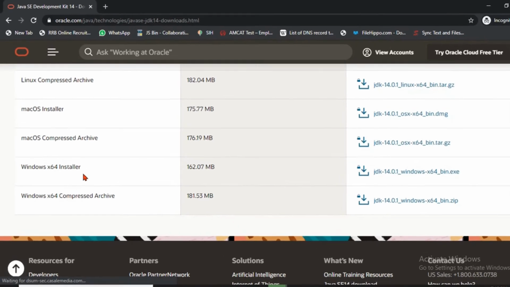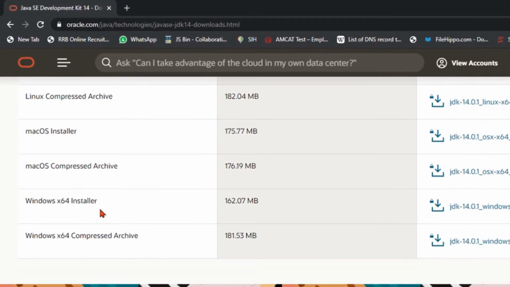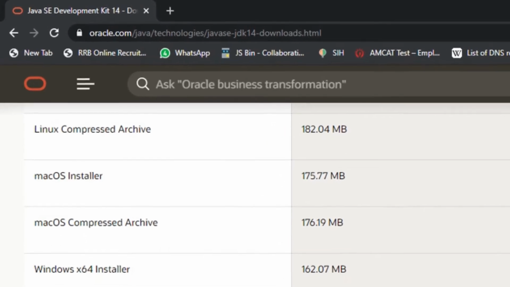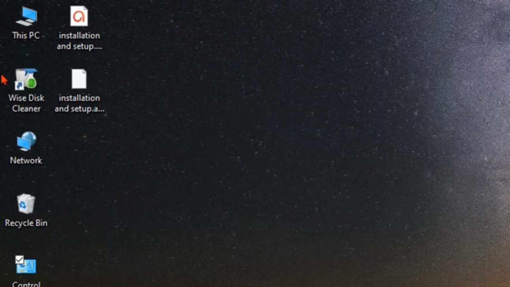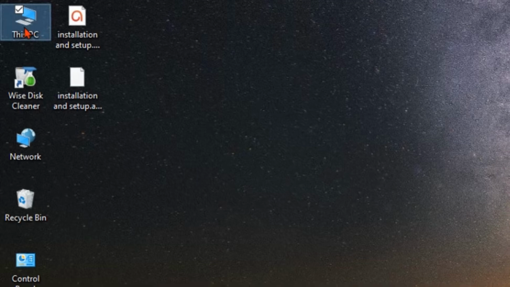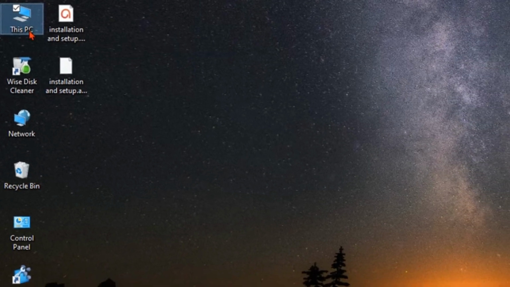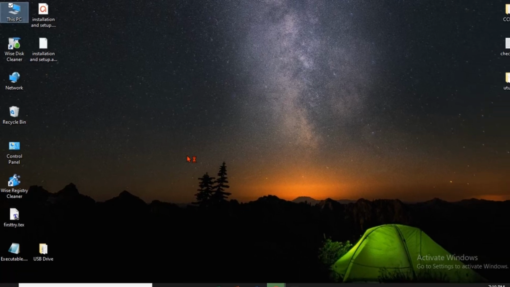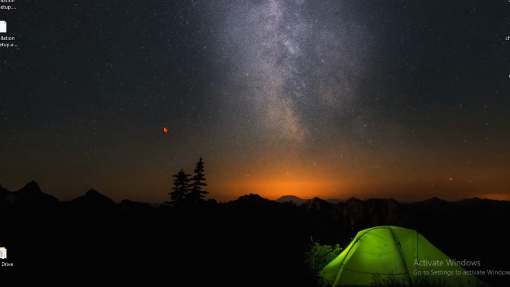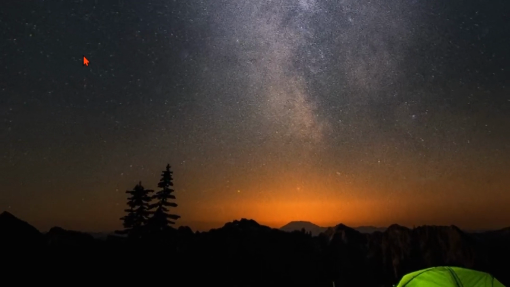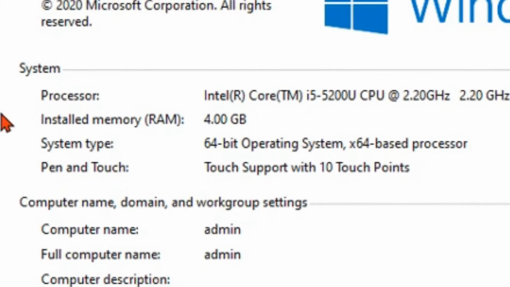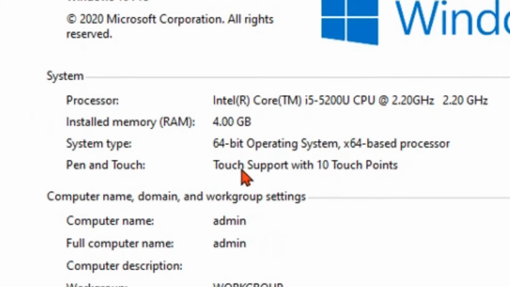Now before downloading, check whether your PC is 32-bit or 64-bit. For that, go to My Computer or This PC, right click, go to Properties, and check the system type.